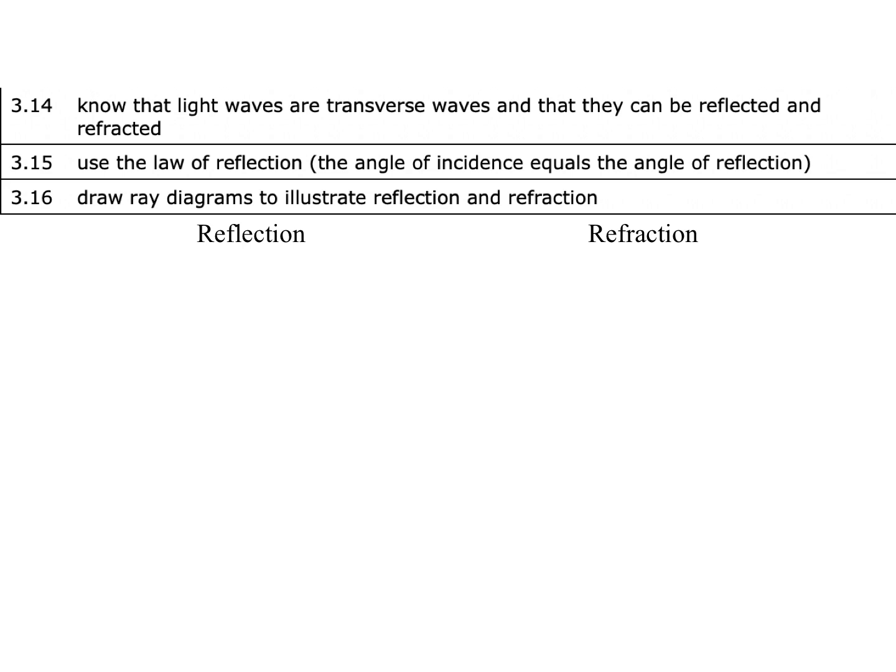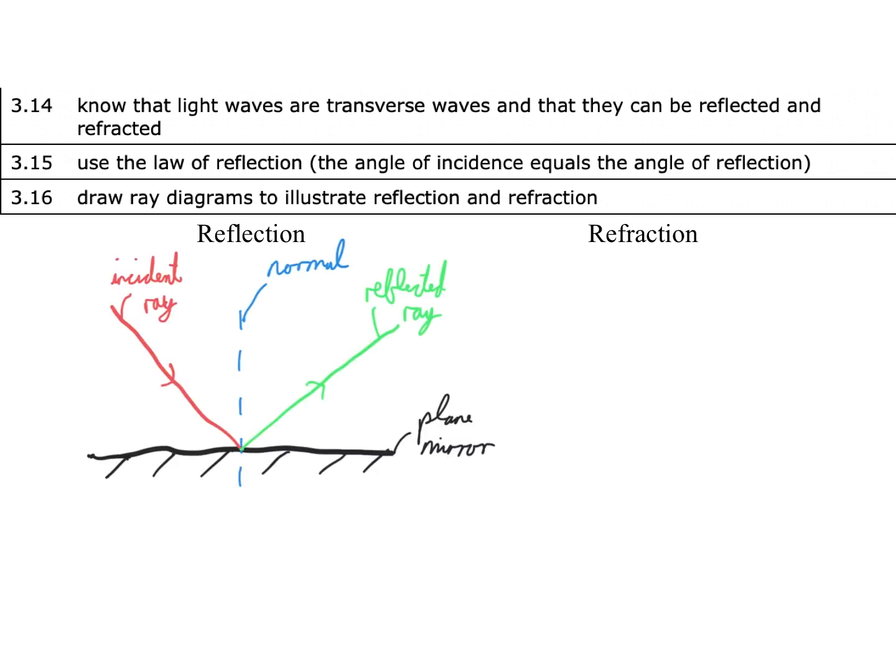We need to also know how to use the law of reflection. So our diagram for what the law of reflection looks like should be something like this. In black we have the plane mirror, and in blue and dashed we have the normal line. The normal line should be at 90 degrees to the surface of the mirror. The incident ray is hitting the mirror, and that is where our light is coming from. So maybe the incident ray is from the object that we are about to see, and the reflected ray is